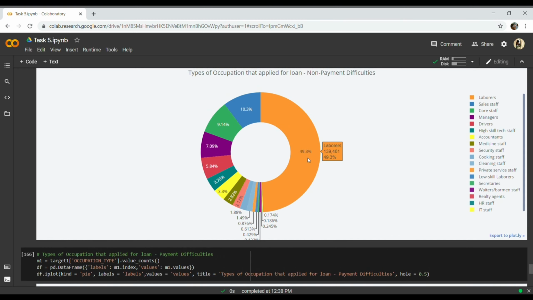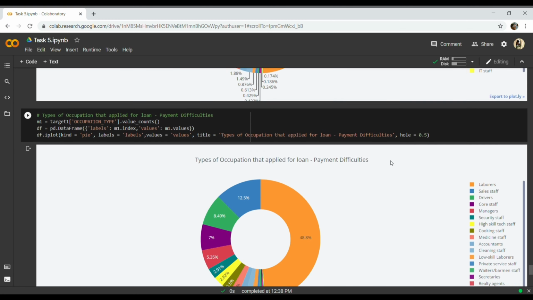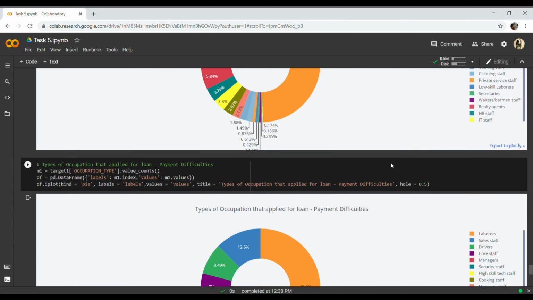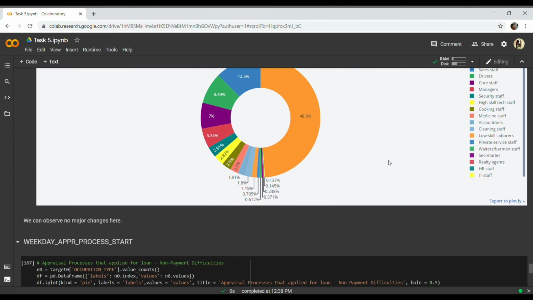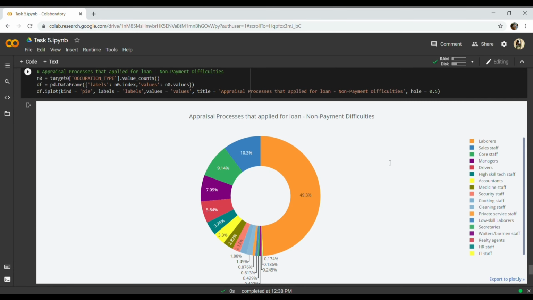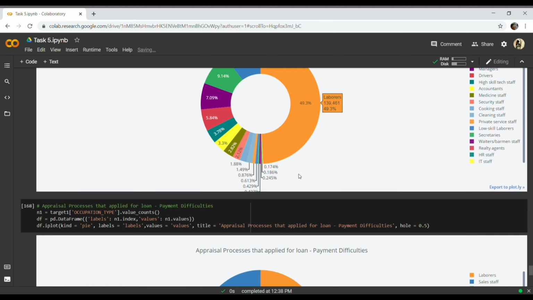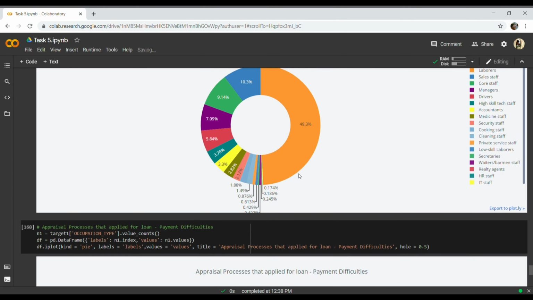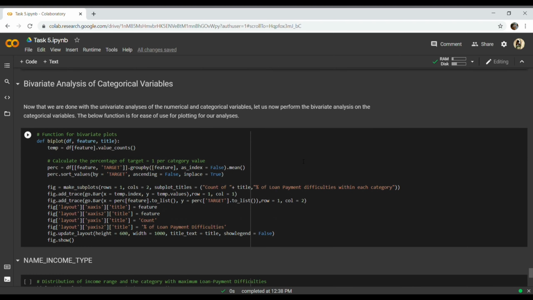Occupation type, laborers are the majority over here as well, but still there is not much change in these two plots. Now weekly appraisal process start. Here also laborers are the majority, but still there is no major change. Both of them look the same.